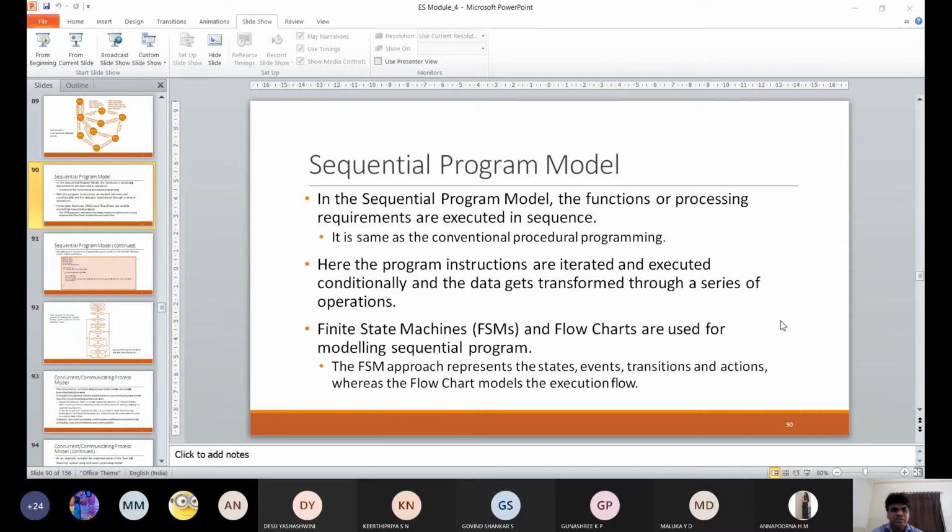So we have observed concurrent programming based on the state diagram. Now you will be observing the sequential programming model. Here also we have taken a few examples of how to execute. The execution of functions in a sequential program model for the seat belt warning system is illustrated below. So, seat belt warning.